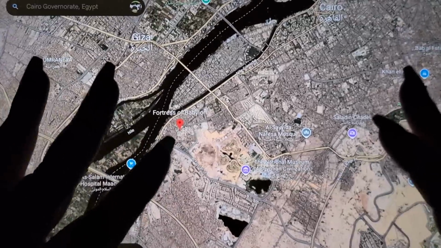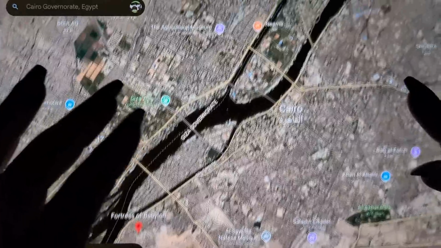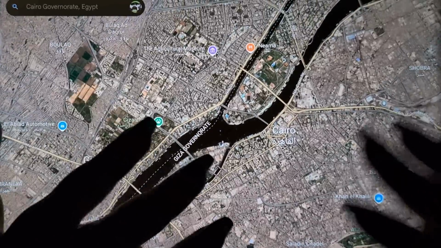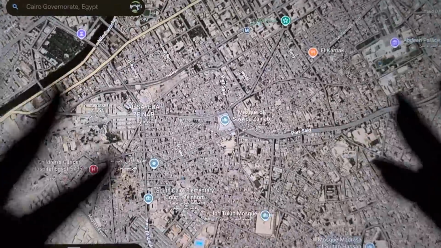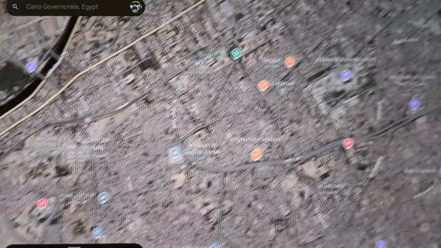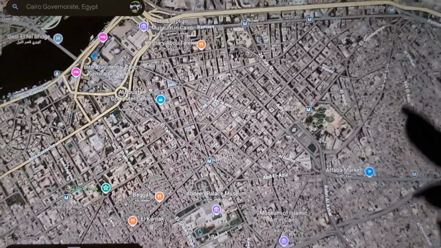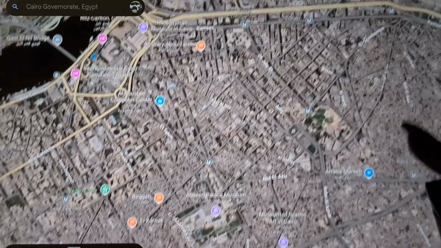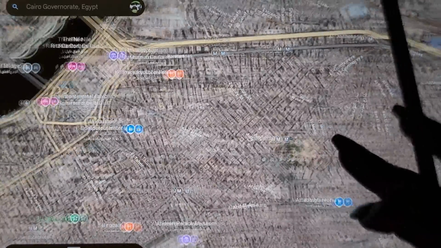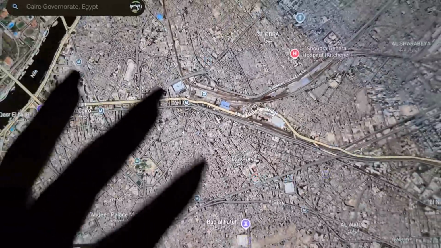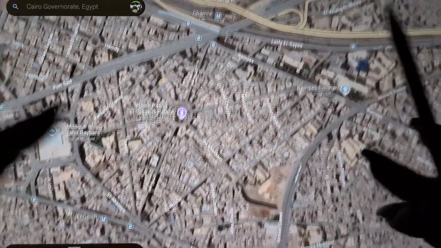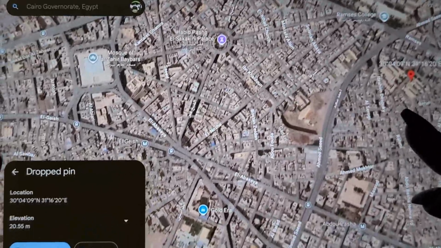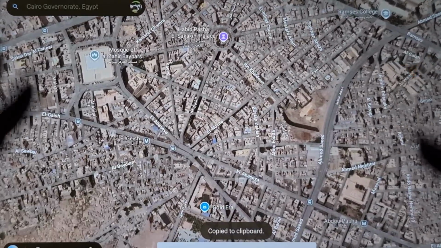There are lots of other cool things in Cairo proper to show you, but those are the ones I wanted to show you the most. I figured those are the most important in terms of history, but there's so many other cool things to see around town. Of course, as always, I highly, highly encourage you to check out this city. It's so neat. There's so much to see. All these palaces. There's one right there. I dropped a pin. Goodness. All right.